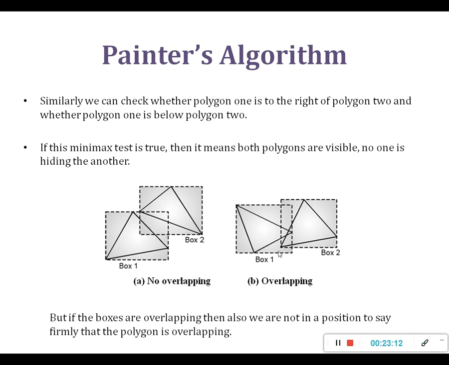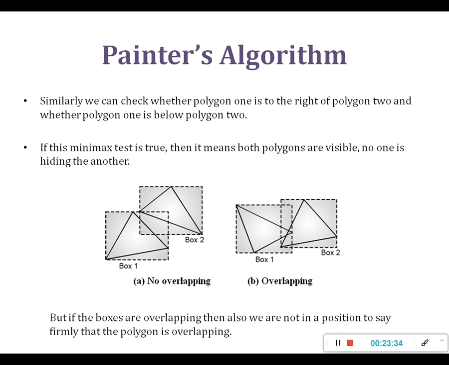In the other diagram B, box 1 and box 2 are also overlapping, and the polygons inside these boxes are also overlapping. So this is the difference: when we say the boxes are overlapping, we still cannot be sure whether the polygons inside those boxes are overlapping or not, right? So how are we going to find out whether the polygons inside the boxes are overlapping?